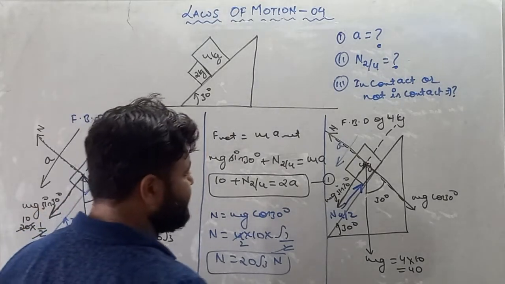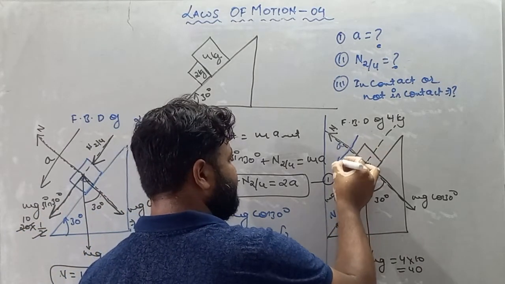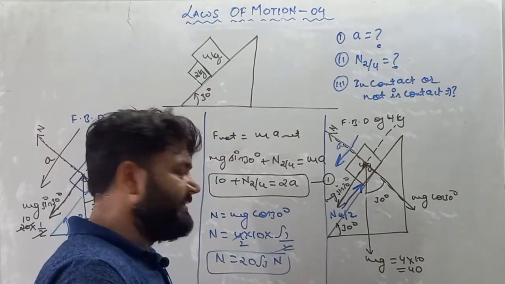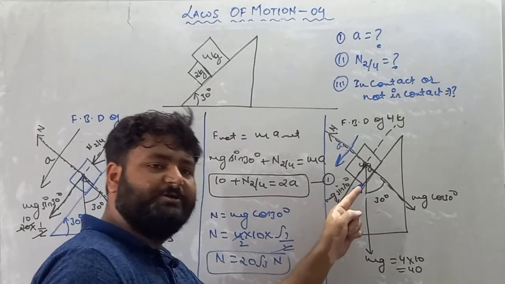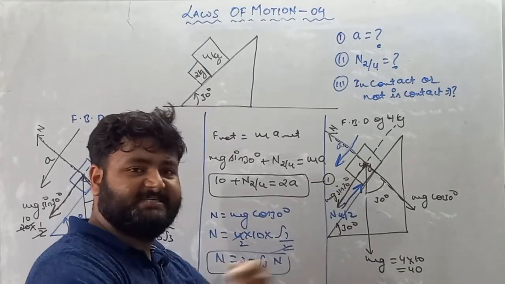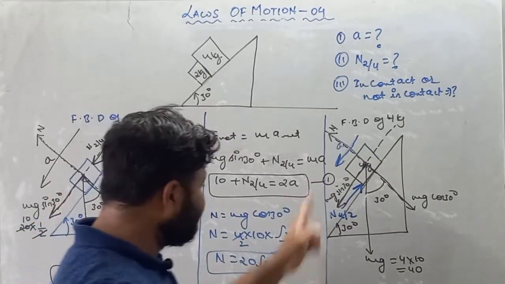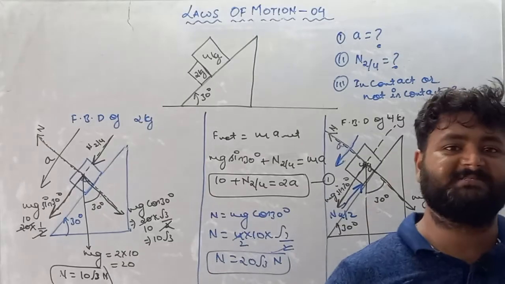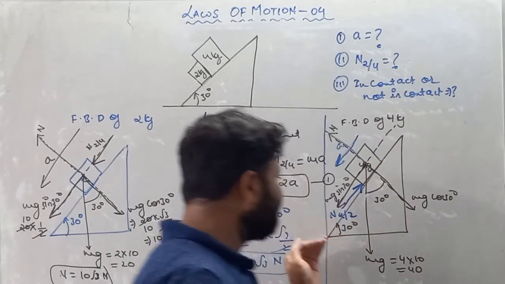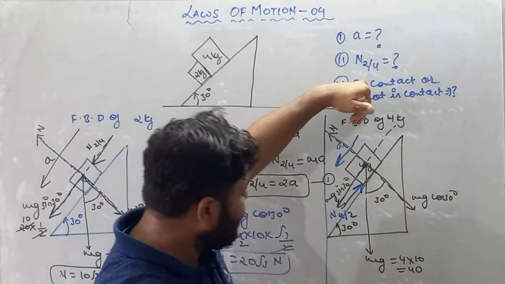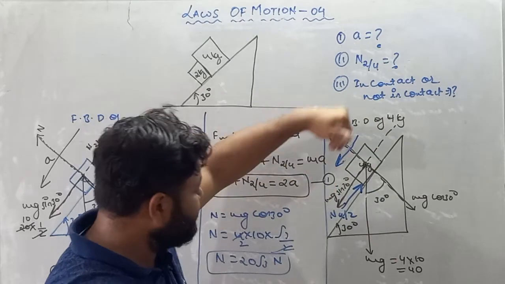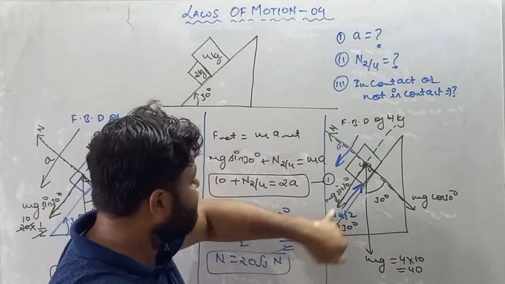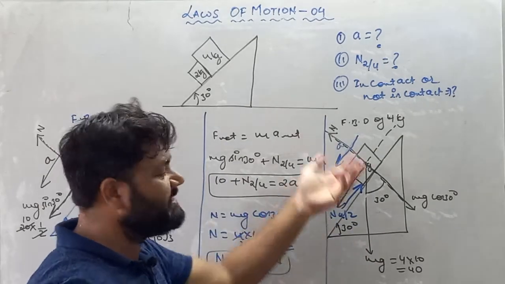Now moving forward, see, acceleration is in this direction and two forces are there. One is mg sin 30 and another is normal on 4 due to 2. Both are in opposite direction, my dear student. So you have to find the net force, and net force must be bigger force minus smaller force. Acceleration is in this direction, so the bigger force is also in this direction. So mg sin 30 minus normal on 4 due to 2 is equal to ma.